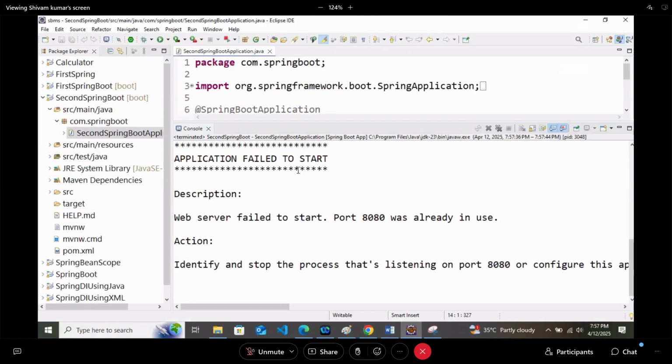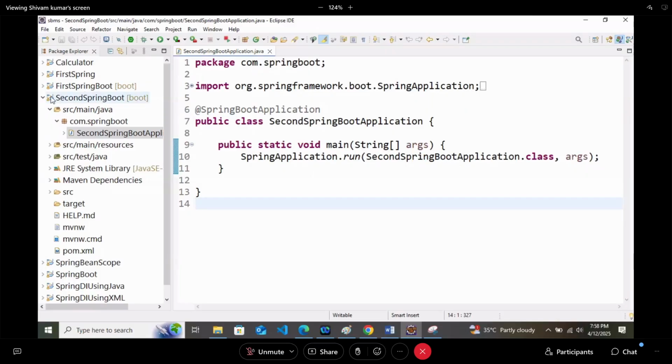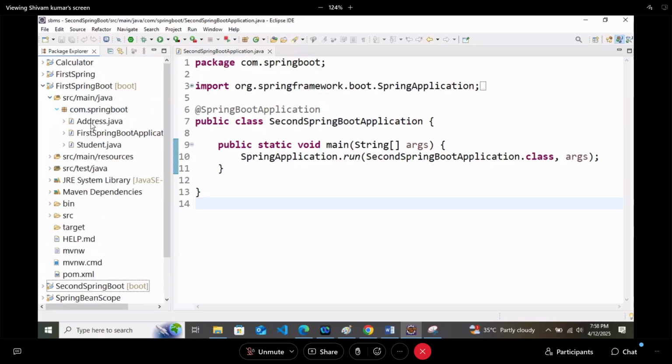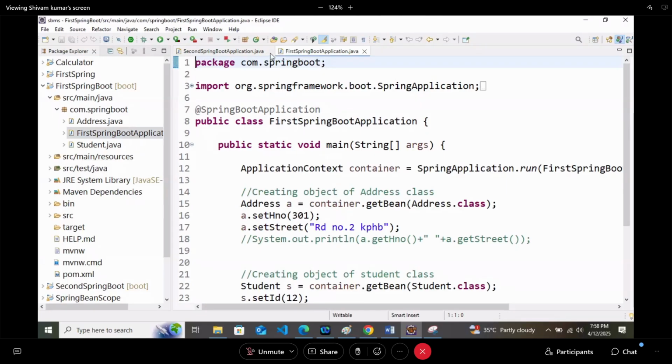So here it is telling that port 8080 was already in use, but where? In the last project. In the last project, we were using port 8080. So let's first open the previous project and I will try to run this file.